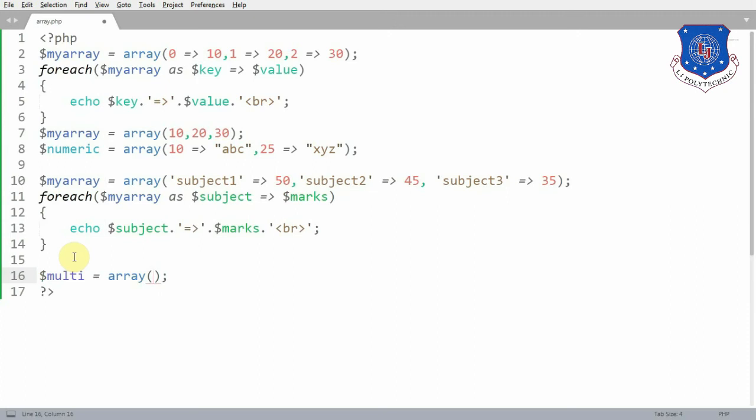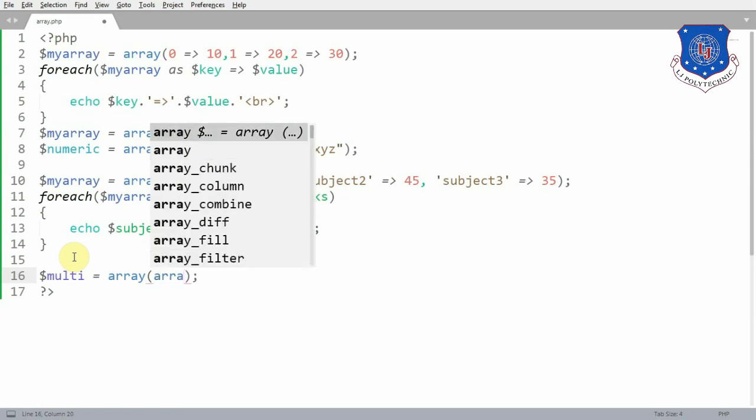In previous examples we had integer or string values as values in our arrays. Now in a multi-dimensional array we will have an array as the value of an element.